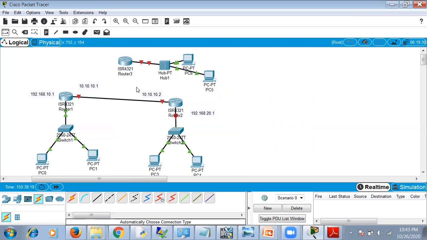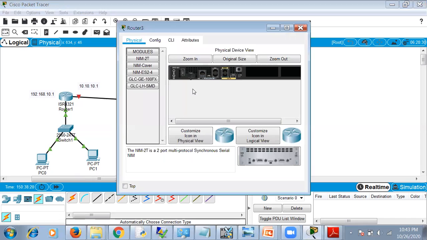No, it's a serial connection. So even this router should have a serial connection. So we have to add one more link to it.